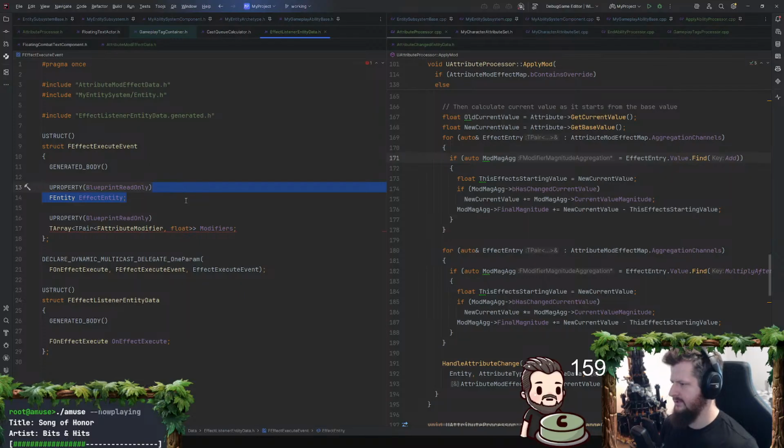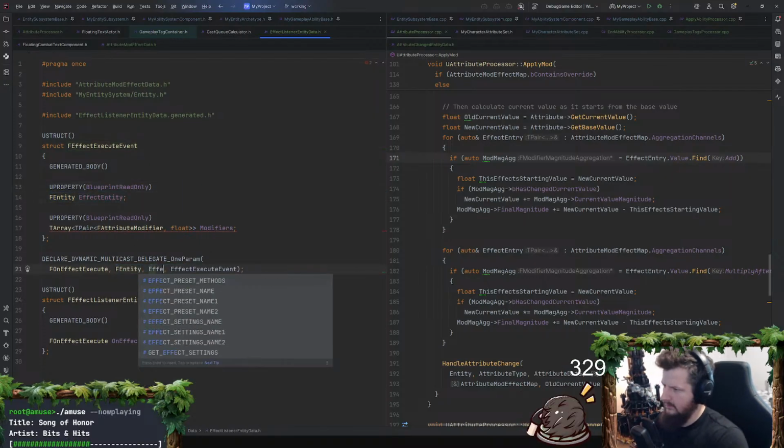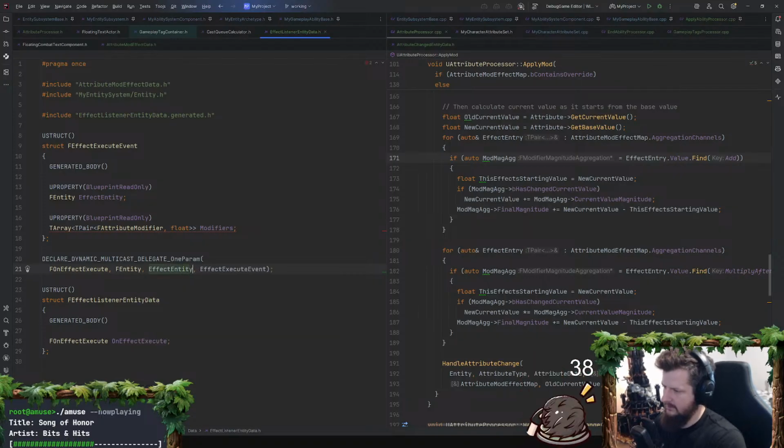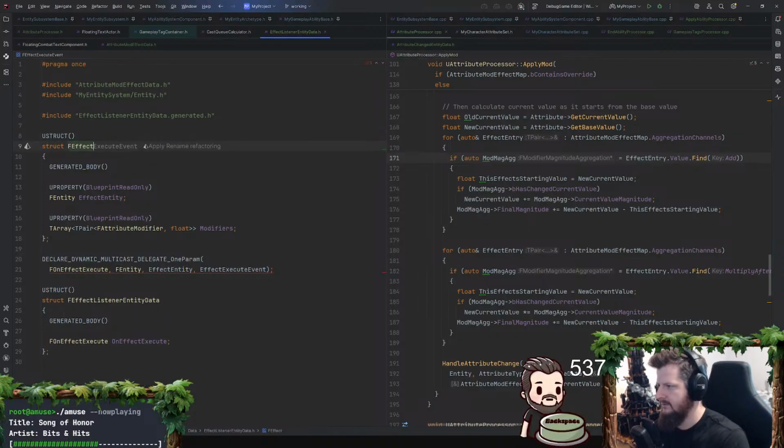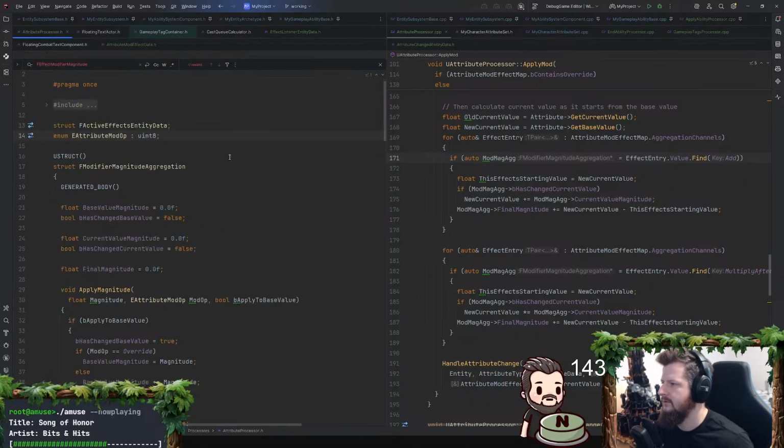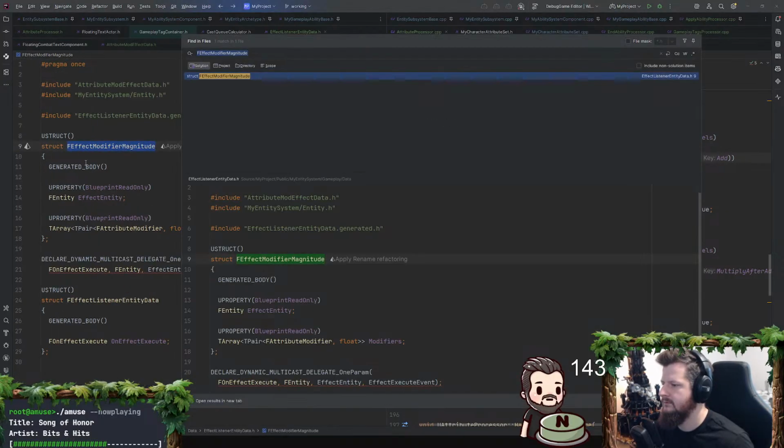So let's do this. We're gonna do entity, effect entity, and then we're not gonna call this execute event. We're gonna call this effect modifier magnitude. Is that name already taken? I feel like I will have already taken that name. No, I haven't. Okay.